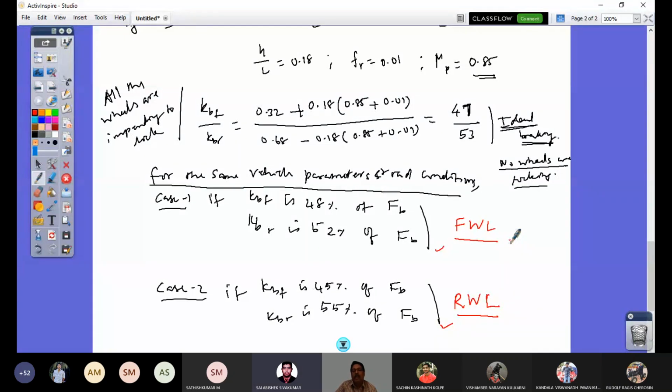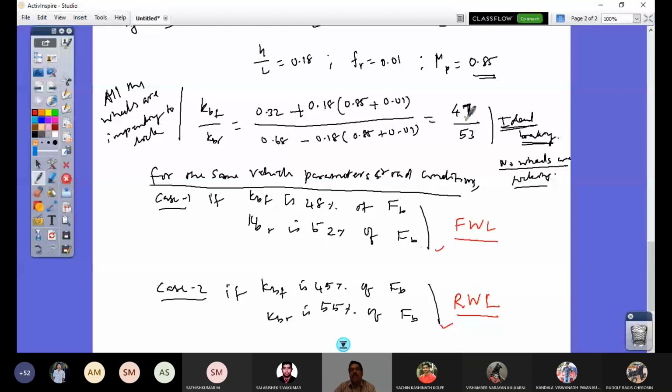Sir, is it because of transfer of load between the axles? Yeah. No. The percentage variation, that's fine, because that is what I was telling. These all are fixed, whatever is there on this side. Only the load is not the same as that of the static condition. That is the only scenario that can change it, right?